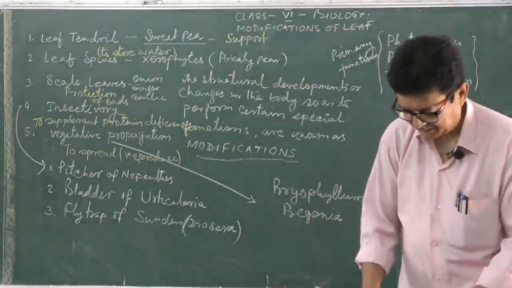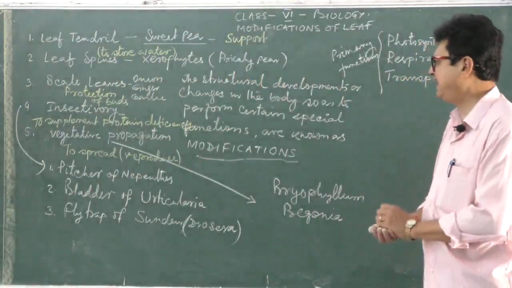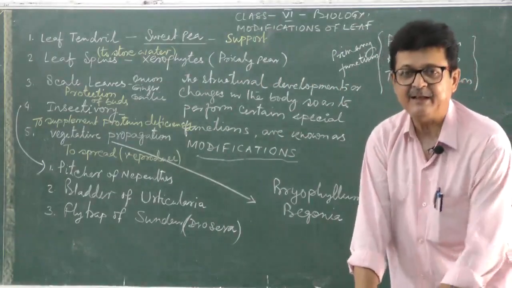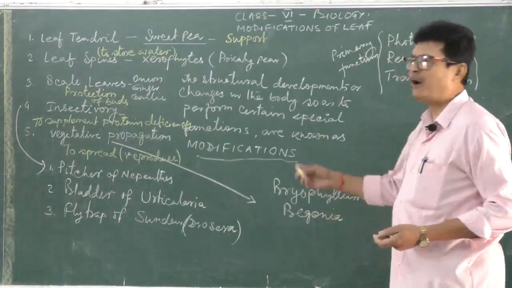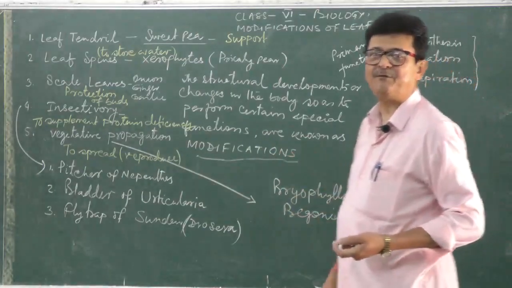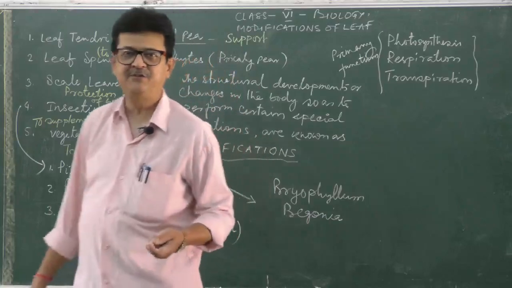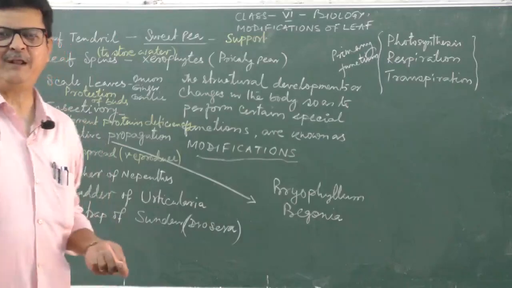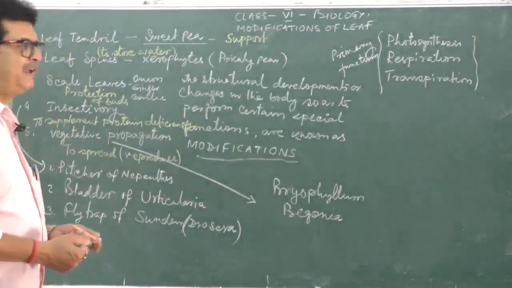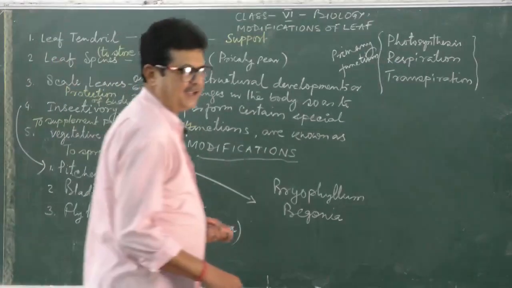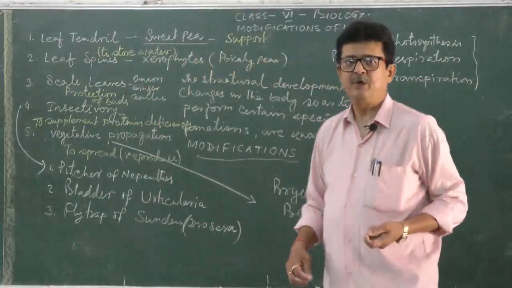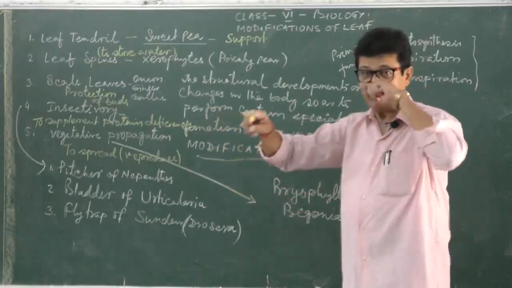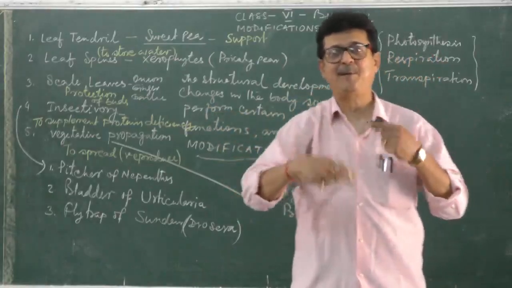Out of these, insectivorous plants are special a little bit as they grow in swampy soil, sandy or muddy or boggy area where there is lack of nitrogen in the soil. It is an unfavorable condition where the soil is devoid of nitrogen content. Only a very small quantity of nitrogen is there. So, protein deficiency is a very common feature there. To avoid this, to supplement this protein deficiency, they modify parts of the leaves.